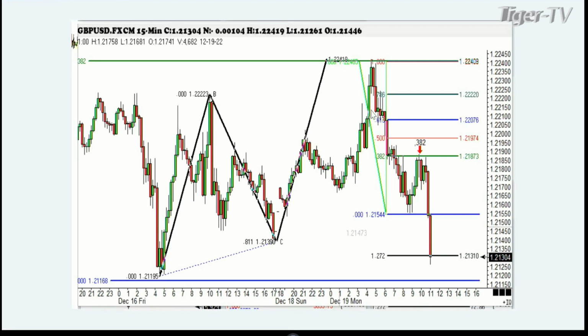What I'm going to be doing, hopefully, since I've been talking to TFNN about bringing out a service called the Trade of the Day, because I know people like to look at certain trades, is looking at the patterns. This was one that we were watching for today, the British pound. You can see we made the ABCD up here. Then we came down, and there was the 382 retracement. We were talking about that being the trade of the day long before it happened, but it hit the 382 and then went all the way down and made the ABCD pattern. These trades will be lined up mainly to make just a few hundred dollars, $200 to $500. We'll use a trailing stop if possible, for when they work very well, and when they don't work very well.